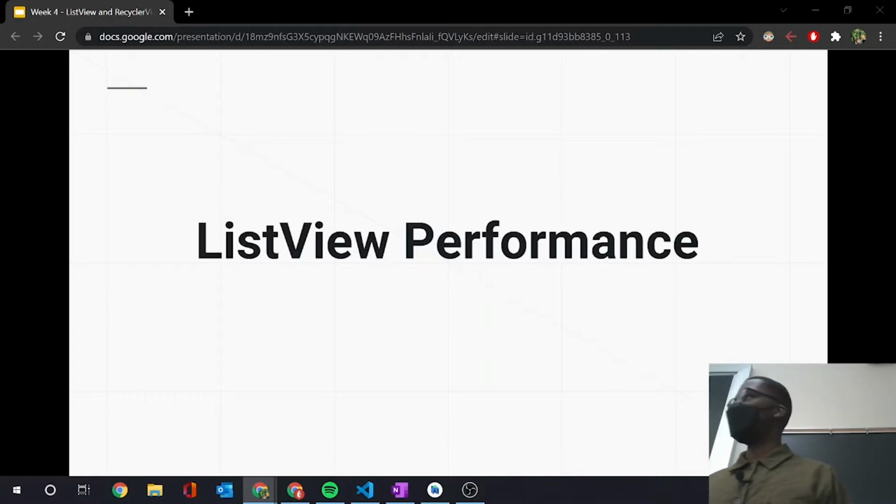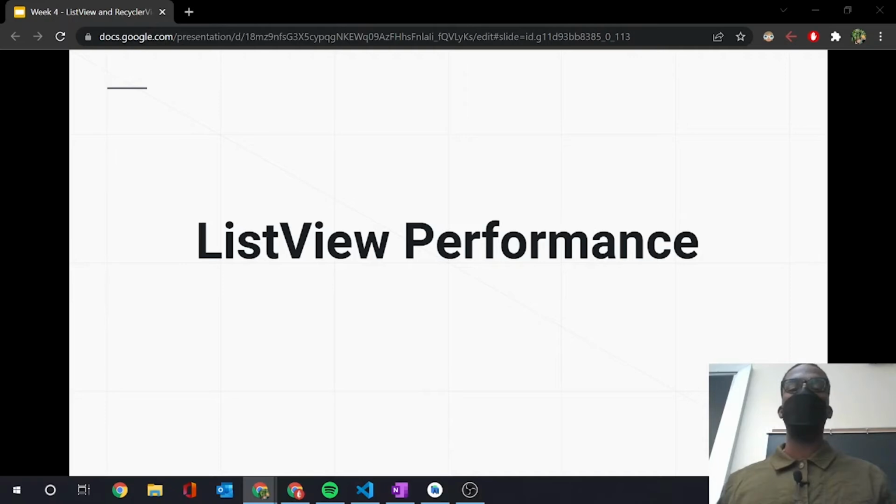And I kind of want to warn against using list views. List views aren't really used in industry. Industry tends to shy away from using list views due to the slow performance. List views have a habit of creating as many rows as there are data items in your data set. So if you have a lot of text that you want to display, a list view will literally create all rows of that text, which can be a costly affair to display this long list.